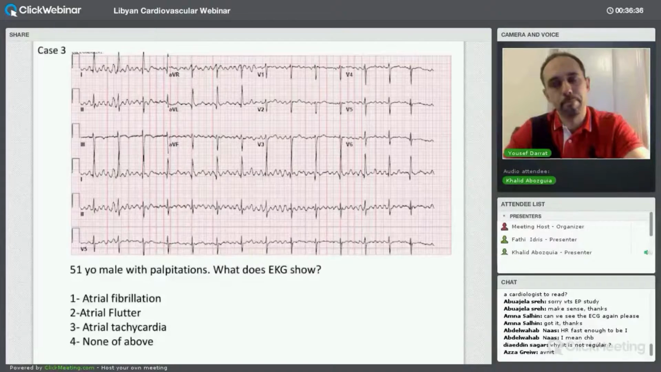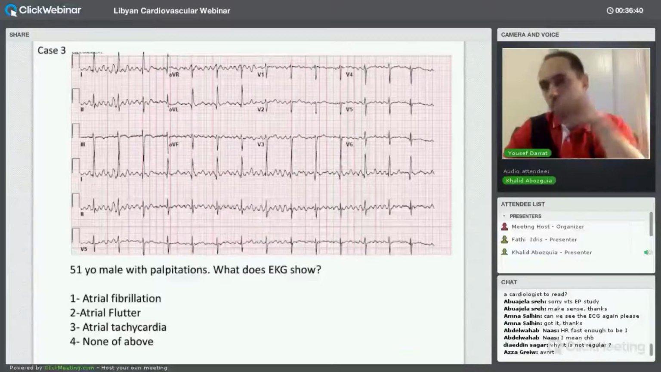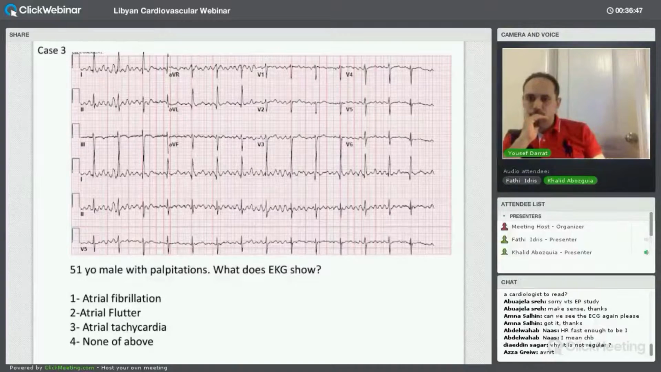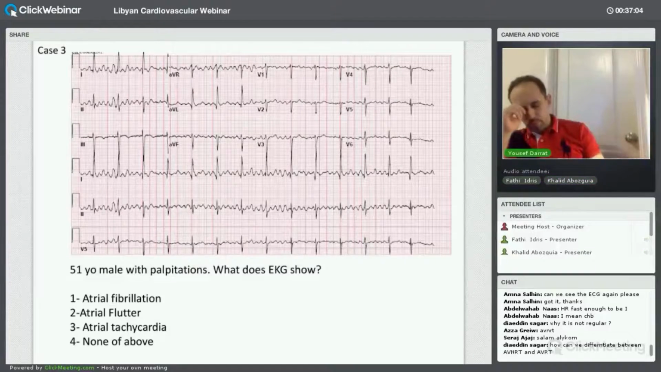I think then while we're waiting for questions, please, if you have a question, either write it in the chat box or raise your hand. I think someone raised his hand. Dr. Siraj Ajaj, could you give him the speaker, Fathi? So while we're waiting for Dr. Ajaj to have the speaker,